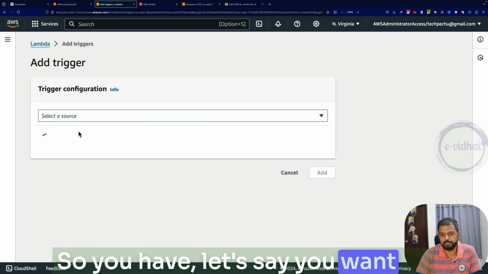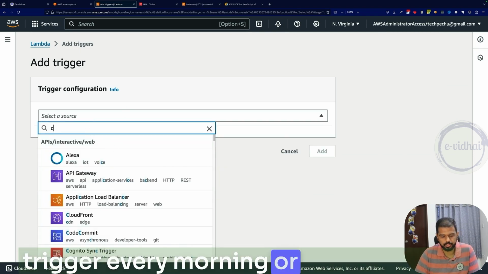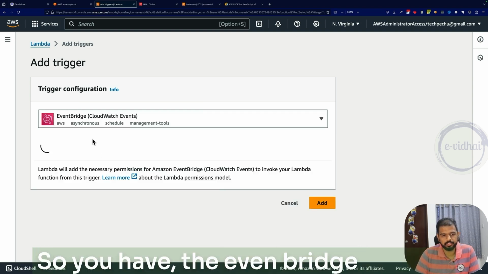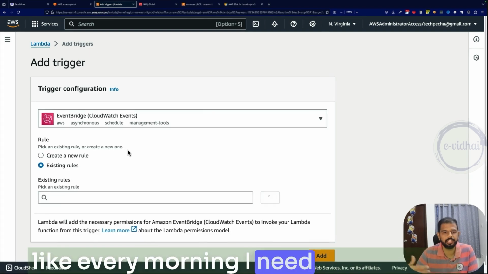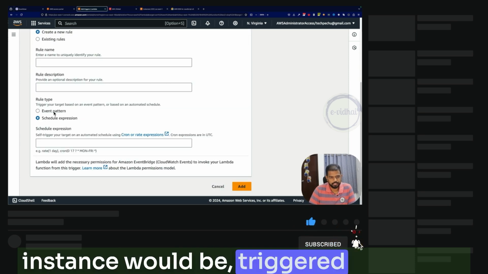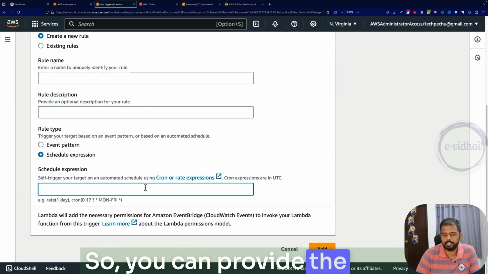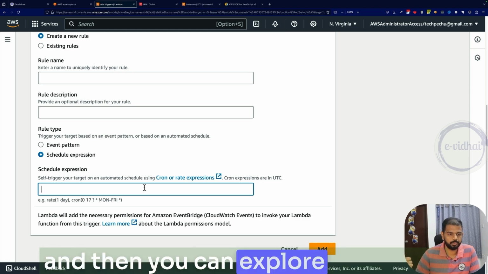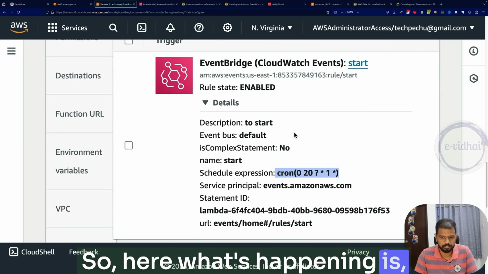So you have, let's say you want to trigger every morning or every evening. So you have EventBridge, and you can configure the schedule over here. Like every morning I need the specific instance to be triggered, or you can even have the cron pattern over here. So you can provide the cron expression, like when the Lambda should be triggered, and then you can explore like 0 20 1. So here what's happening is